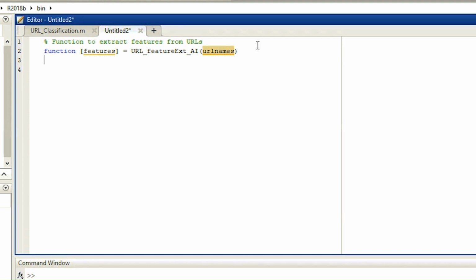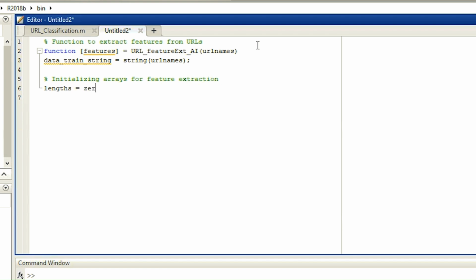Since URLs are typically stored as cell arrays, we convert them to string format using the string function. This conversion allows us to easily manipulate each URL character by character. To extract features efficiently, we pre-allocate arrays for each feature we want to extract. One stores the length of each URL, another counts the number of letters in each URL,